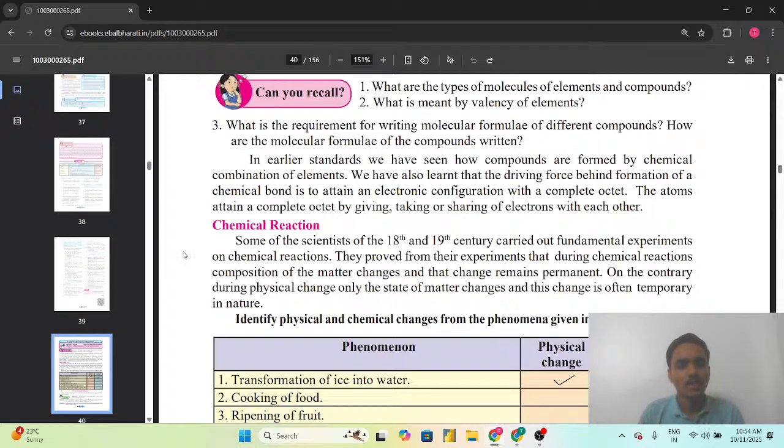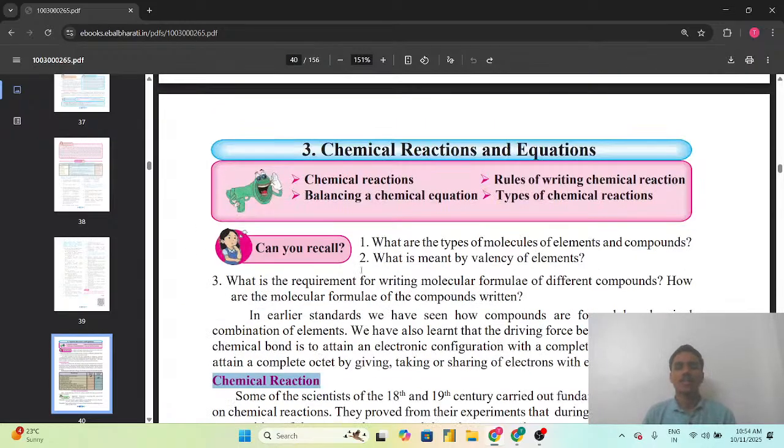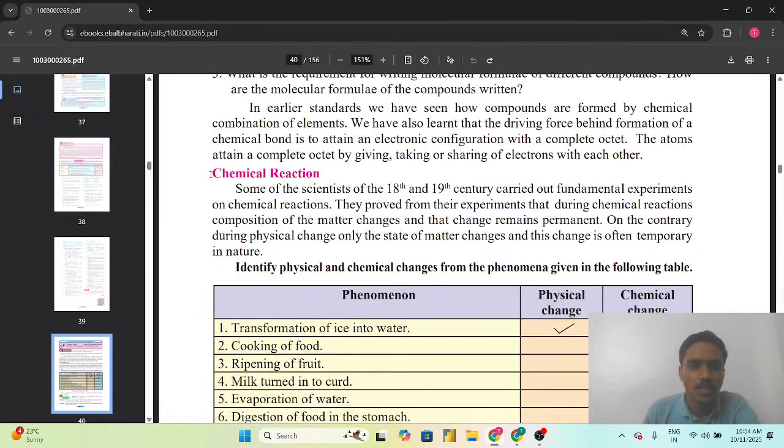So now we are going to see about chemical reactions, as the name of the chapter suggests: chemical reactions and equations. So, chemical reaction. Some scientists of the 18th and 19th century carried out fundamental experiments on chemical reactions. They proved from their experiments that during a chemical reaction, the composition of matter changes and the change remains